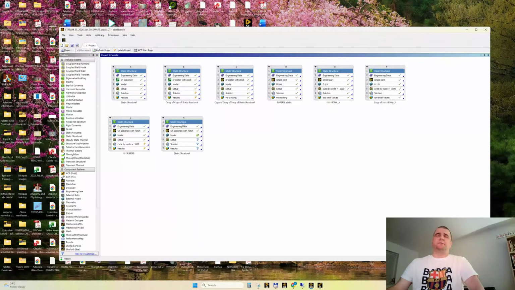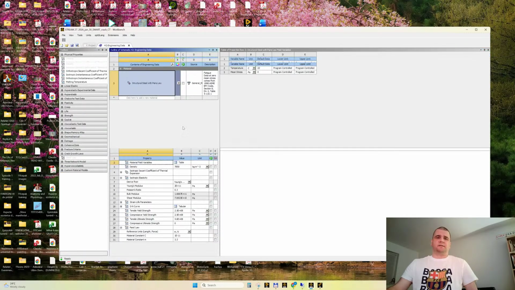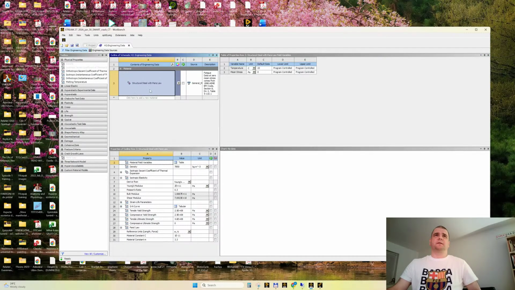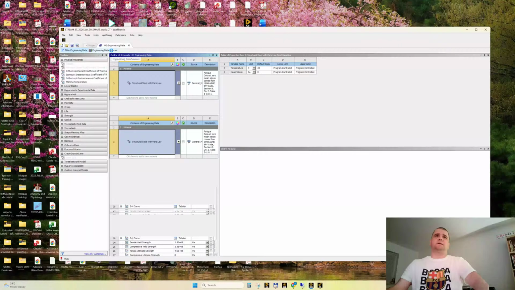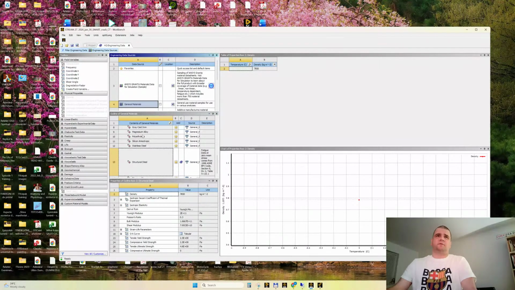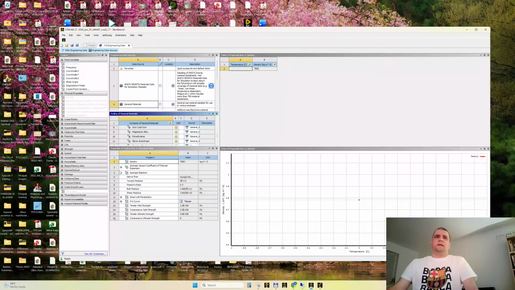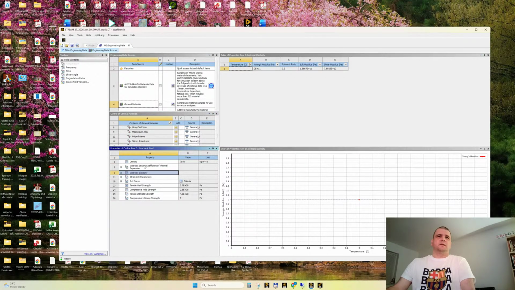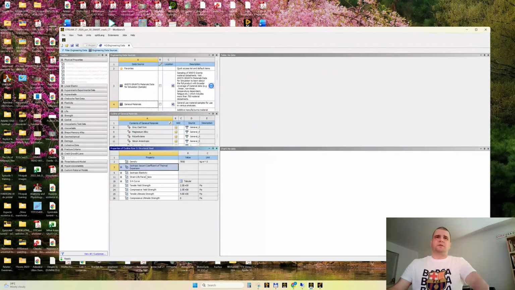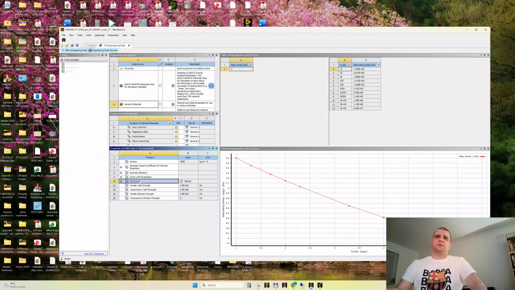Where was I? Here. This Paris law needs to be implemented. For example, the default structure steel. This is the default structure steel. Look what it contains. It shows the classical isotropic elasticity, whatever. Yes, Young's modulus, Poisson ratio, the coefficient of thermal expansion, don't care. It says something about